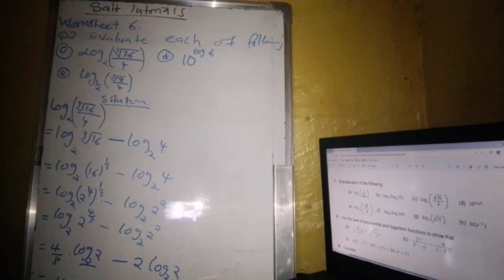4 over 3 minus 2. And what is 4 over 3 minus 2? You can calculate that one. This is just the same as